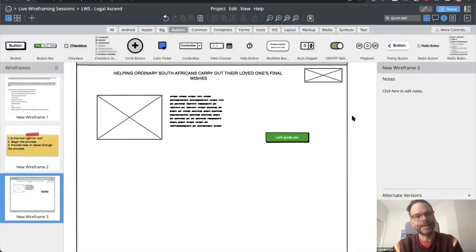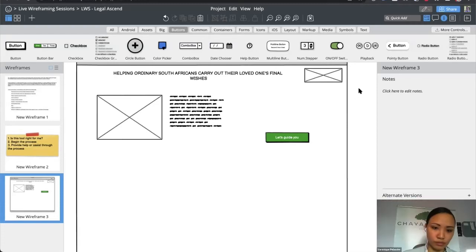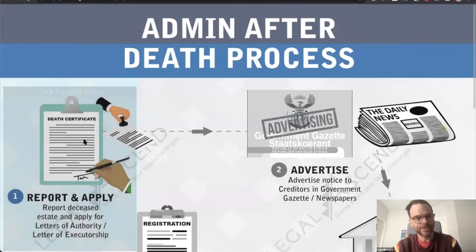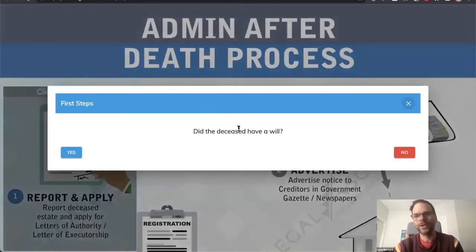Another idea I had, which I've seen in other places that they use to get people to start, is they put the first step of the process already. So when somebody's at the very beginning of this process, do they have some document, or do they have some information? What do they typically have to start with?